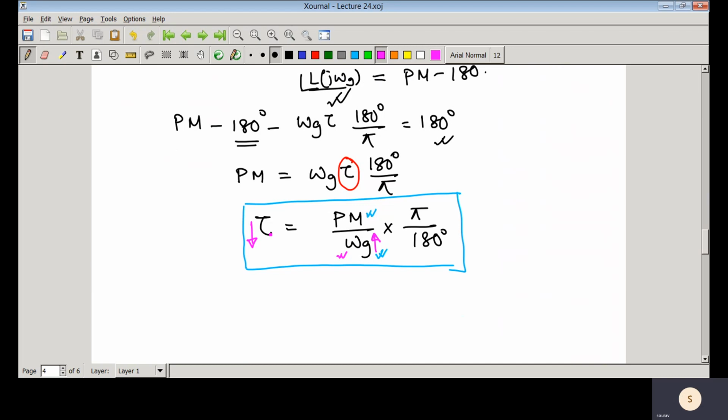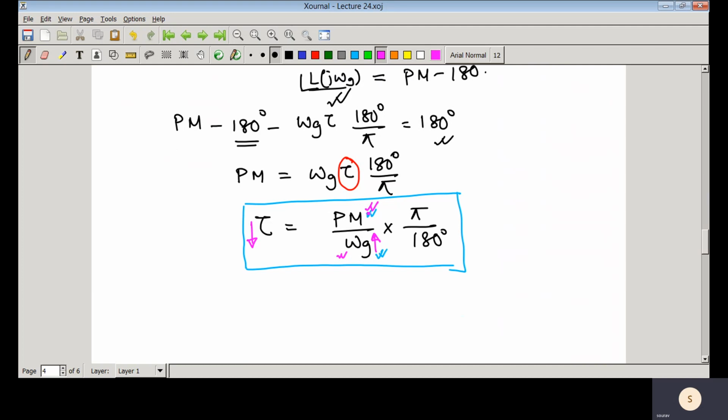That means if we introduce a small delay to that system, it may become unstable. So we should be careful about that. We should not make the gain crossover frequency or bandwidth very high. Or we can also do one thing, that means in that case we can increase the phase margin. Again, we need to see that whenever we are increasing phase margin, what would be the gain margin. So we need to make a trade-off between all these things, and we need to keep in mind that these are the relationships.